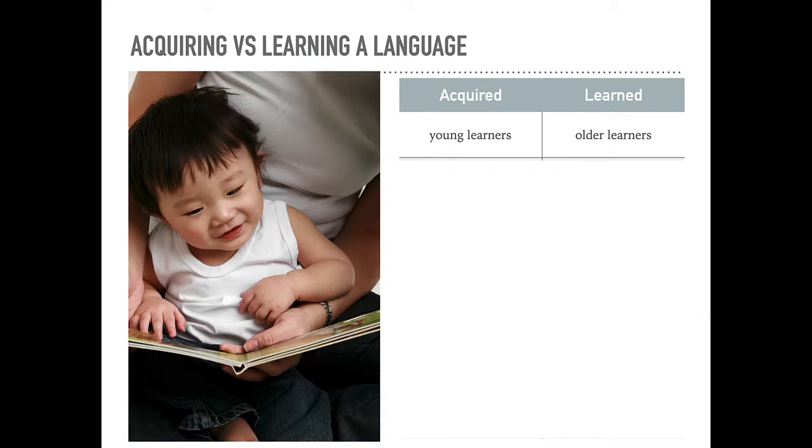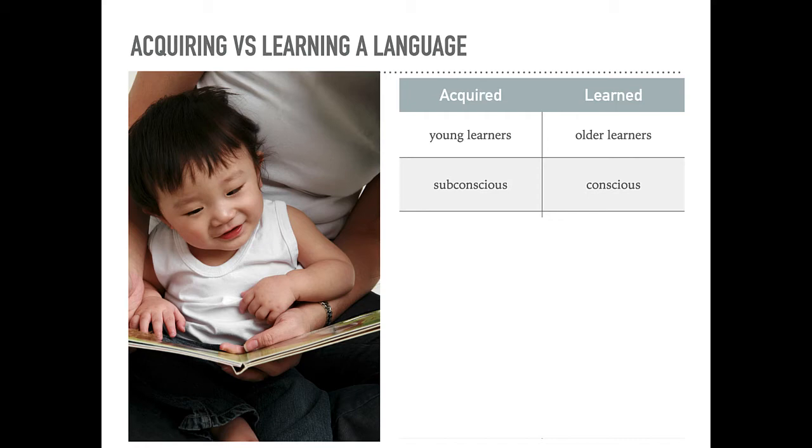Language acquisition occurs most often in young learners. That's because it's based on brain wiring that we lose as we get older. So we all learned our first language through the language acquisition process. In order to understand the steps of this process, all we really need to do is think about how our children learned to speak their first language. Language learning occurs later in life, usually through a specific teaching environment. Maybe, for example, you took a second language in high school. That would be an example of language learning.